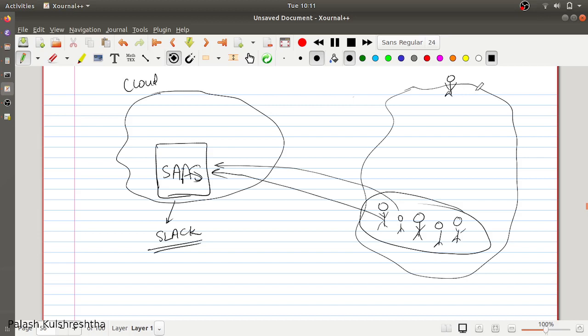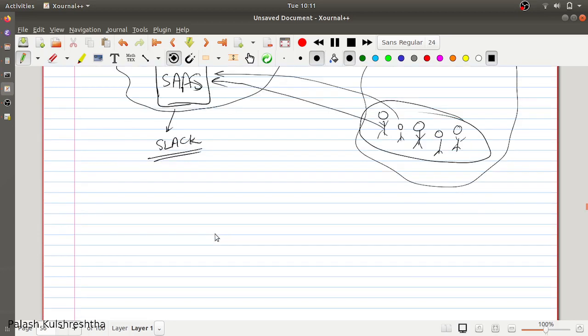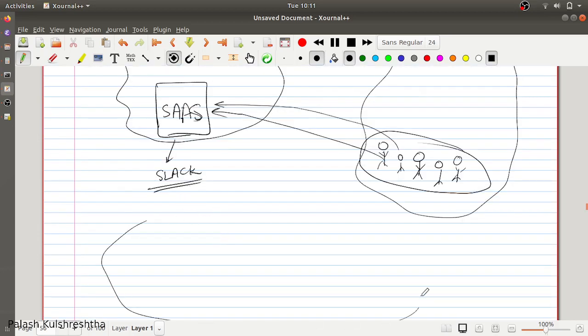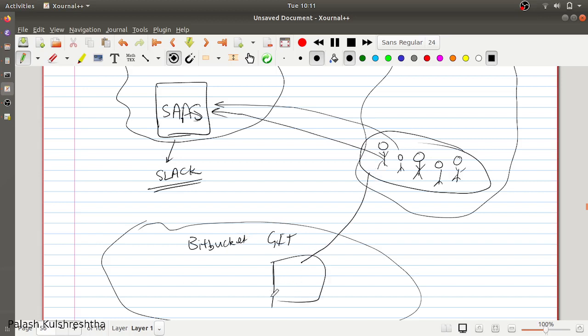And if there are multiple software as a service applications, for example, they are also using maybe an enterprise Bitbucket or Git, and some of the employees need to access this enterprise Bitbucket, and they are authenticating directly via Bitbucket or Git.